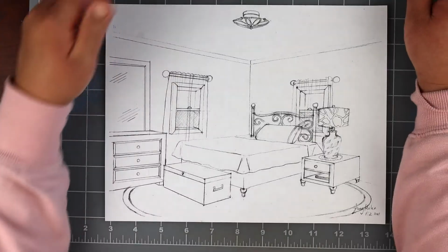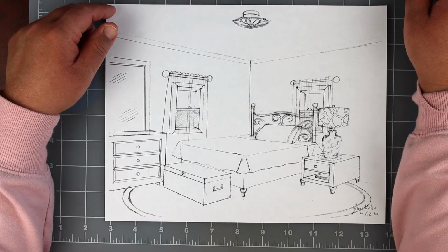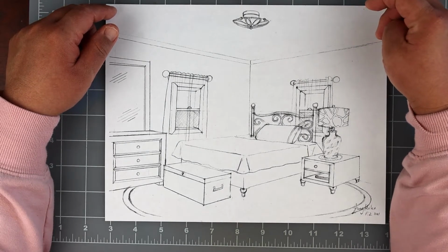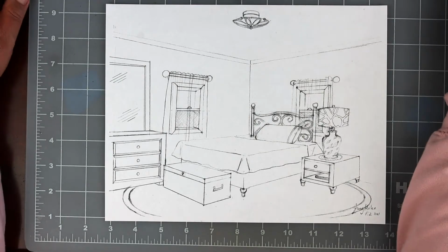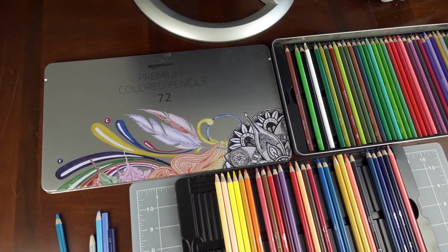Today this is a tutorial on how to shade in colored pencil, specifically how it's going to be used in our two-point perspective room drawing. So I'm going to demonstrate with my colored pencil set. Right here I have about 72 different colors, but